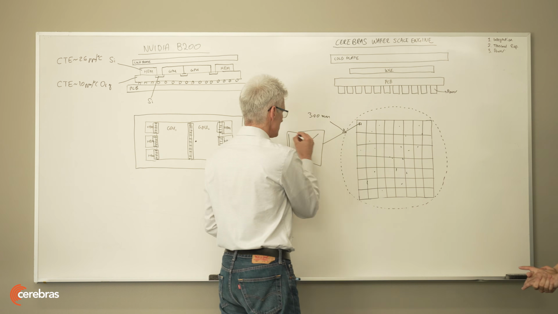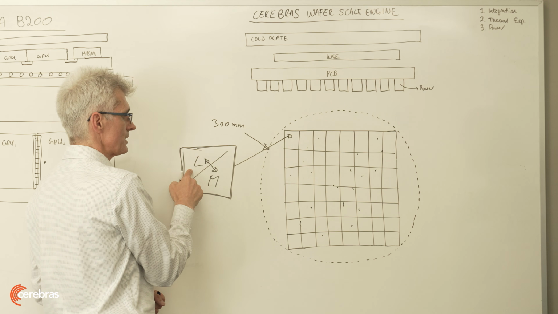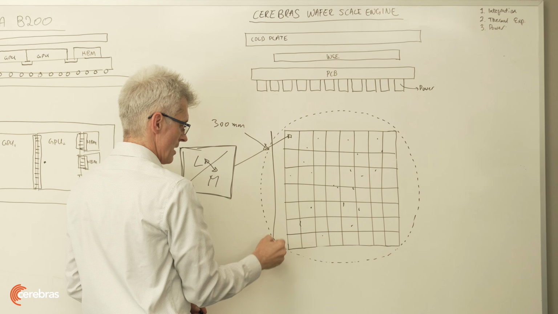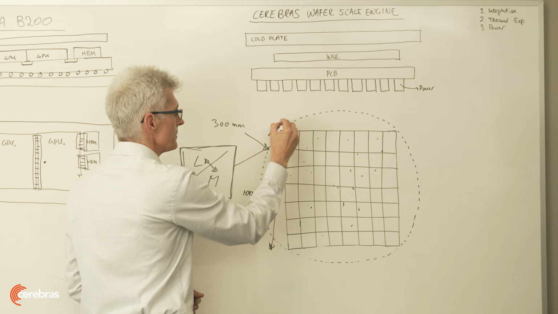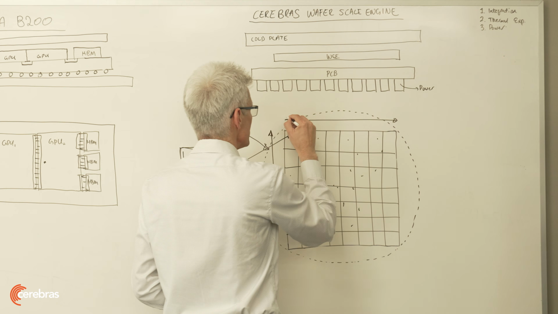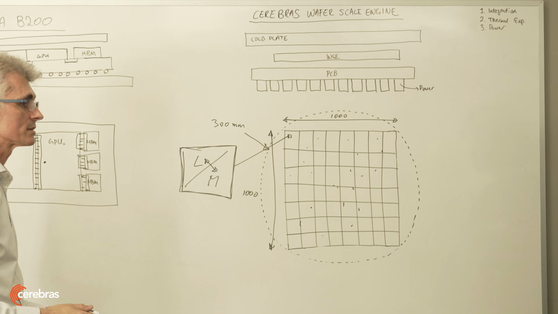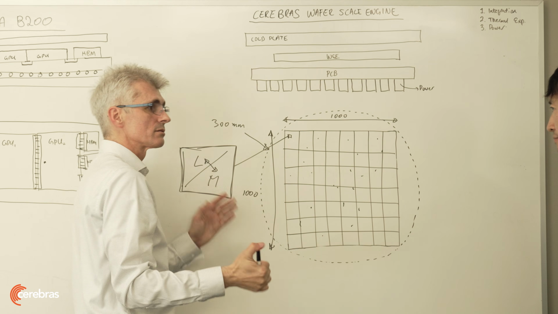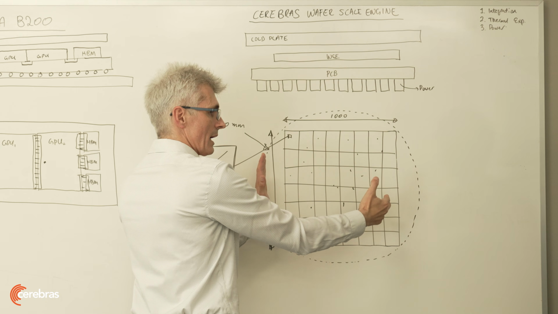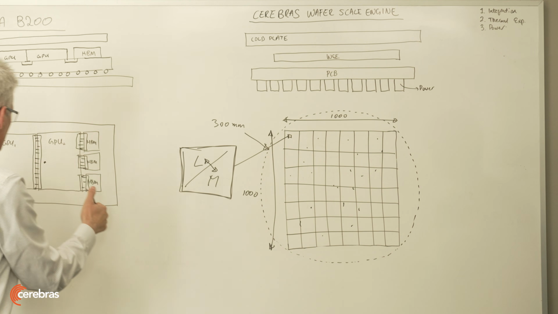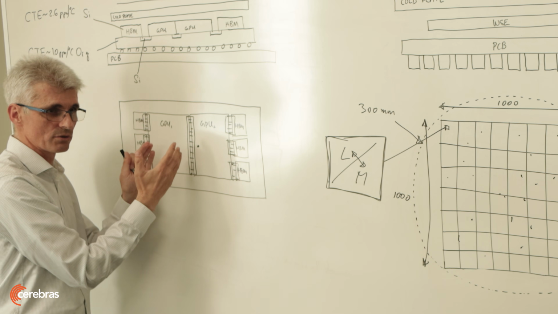Correct. We also made this core quite small. The geometry allows us to place thousands of those cores in each dimension, X and Y, of our wafer, which allows us to get 1 million cores. If among that 1 million cores we have a few that don't work, it doesn't have a big impact. If you have a few cores gone in a GPU, it's okay. But if you have hundreds of cores gone,